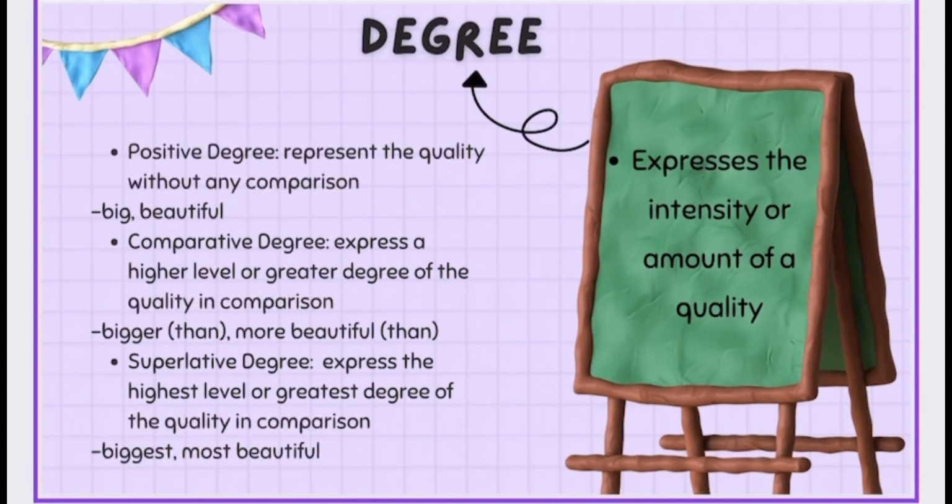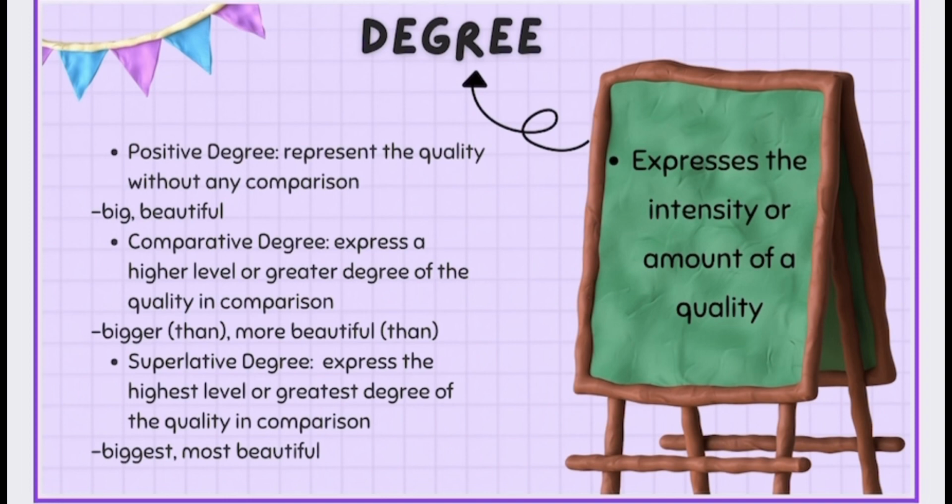Degree is a grammatical category that expresses the intensity or amount of a quality. It's a category of adjectives and adverbs, and it has three forms: positive, comparative, and superlative. Positive degree: this is the base form of an adjective or adverb, representing the quality without any comparison. It's typically the root form of the word. For example, the adjective big,